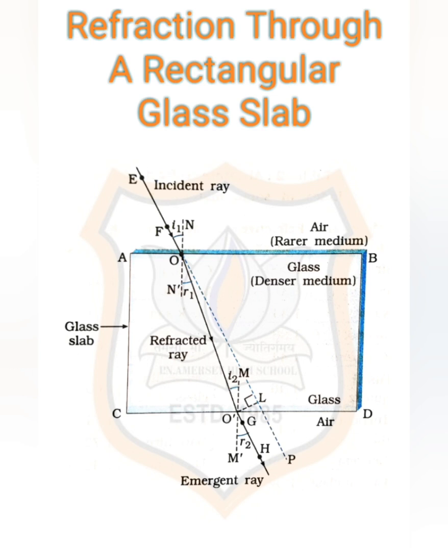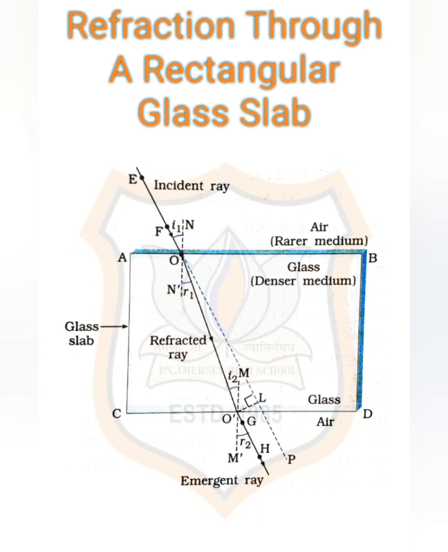Now draw a perpendicular N' as shown in the figure to AB at point O and another perpendicular M' to CD at point O'. The light ray at point O has entered from a rarer, that is light medium, to a denser medium, that is from air to glass. Okay. Now note that the light ray has bent towards the normal. It means when the light ray travels from a rarer to a denser medium, it bends towards the normal.